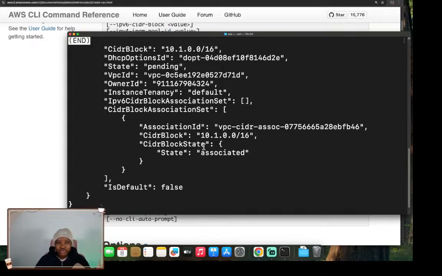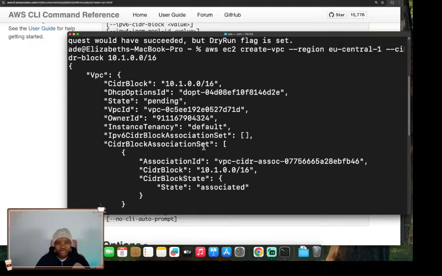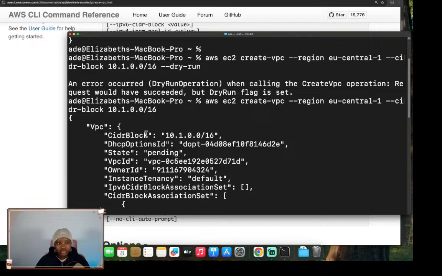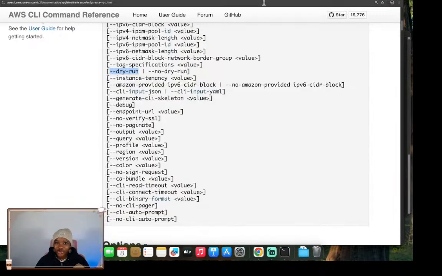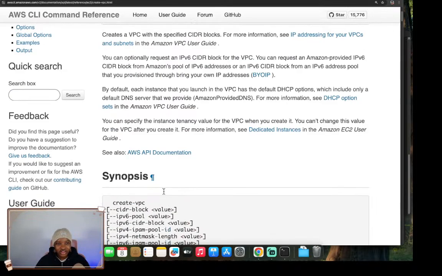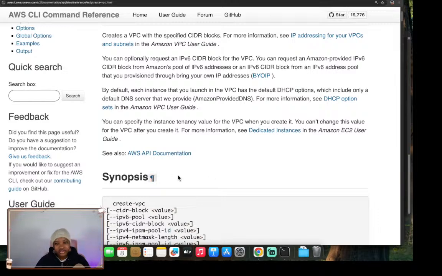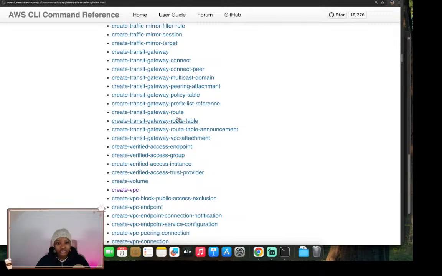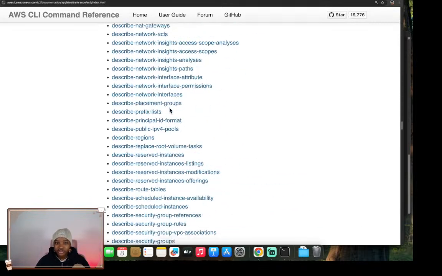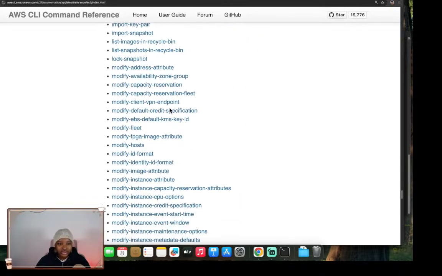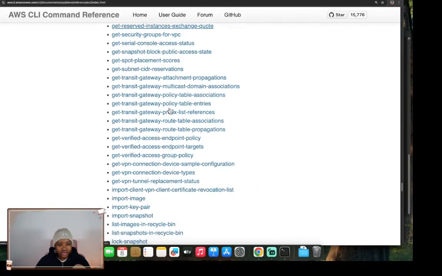Okay, so now what do we do when we want to see our VPC? There should be a command to list our VPC. So we've created our VPC now. Yes, we've seen it, and if we want to check it, you can always go to here, come in, here's create, delete, describe, and down here you can see